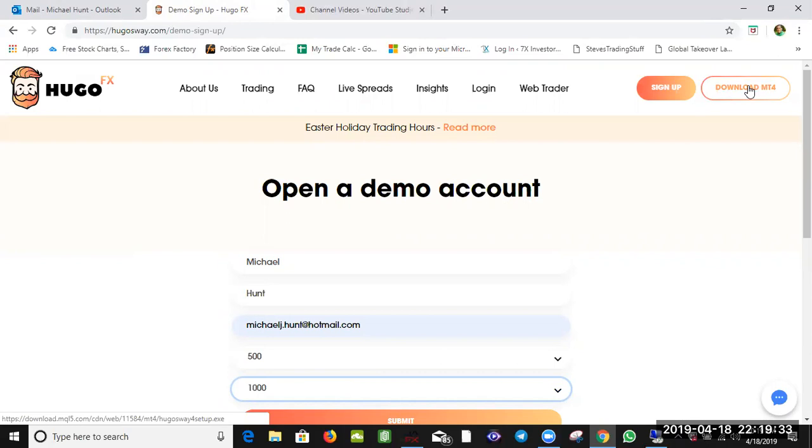You can use really any broker's MT4 platform because you're going to be putting in your account, the name of your broker, and your trading password, and that will show up. Like I said, you can use just about any broker's MT4, whether you have an account with them or not. So you would click the download MT4,